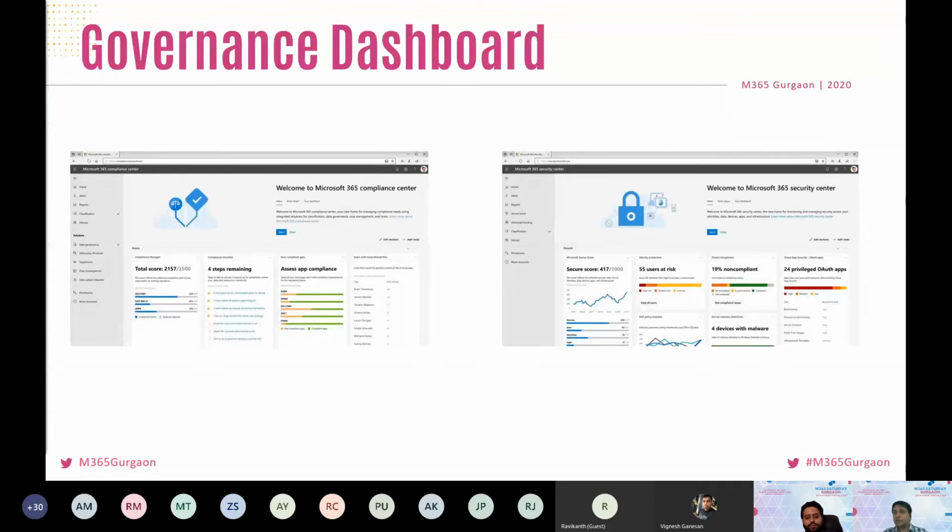This compliance center gives you your total score, scoring against the compliance you have opted for, and how many steps are remaining if you are following policies. If some user is sharing files, you can see who the users are who are sharing the most files outside our organization.